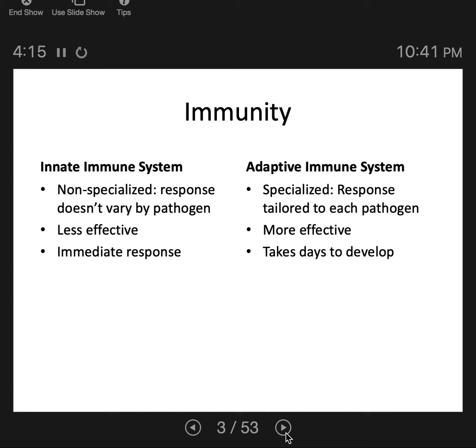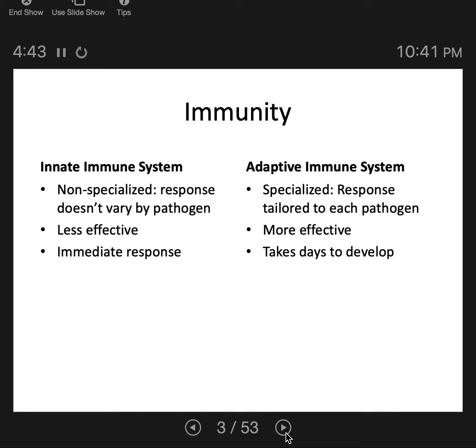So the first time you encounter a new pathogen, you don't have immunity yet. When we talk about immunity, we're really talking about the adaptive immune system. If you don't have immunity to a pathogen, your body has never encountered it before, it can take a very long time for your adaptive immune system to kick in. Your innate immune system is protecting you in those first days, those first weeks, until the adaptive immune system launches its full response.